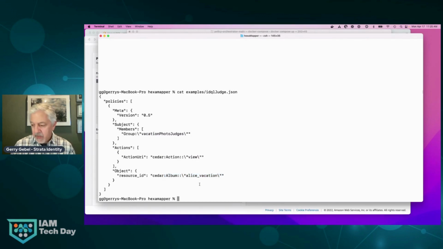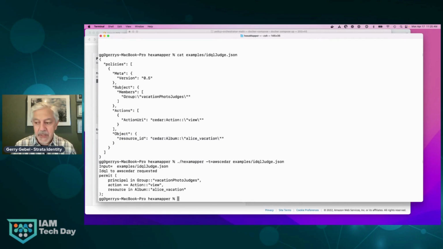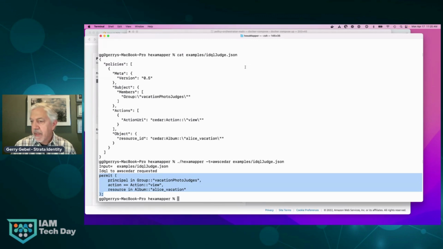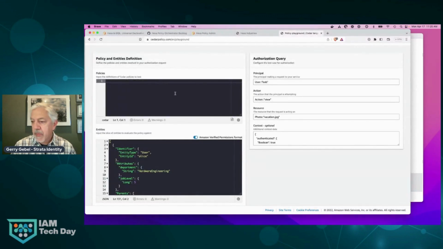All right, so the first thing we will do now is convert this IDQL policy to a Cedar policy. And we do that by using this command, HEXA Mapper. The target is AWS Cedar, and we're using as input that file that I just displayed. Okay, fantastic. So here is the Cedar policy. I've just copied that, and I will paste it here